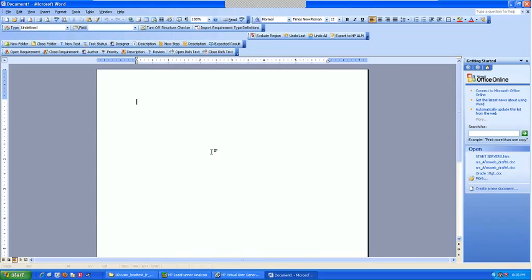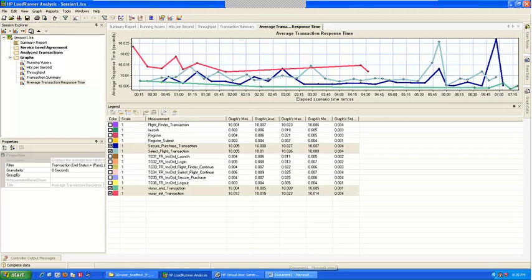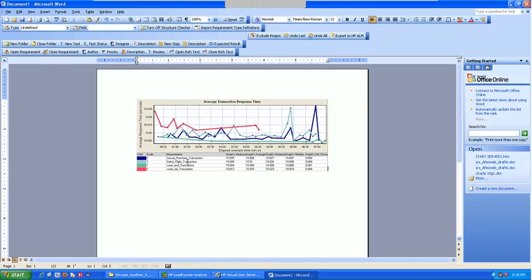And then use a Control V. You see, there are multiple transactions, but only those transactions that you selected are displayed here, and the graph for that is displayed here. So that's how you take the screenshot. Don't use any other tool to take a screenshot. This is the best way to take a screenshot.